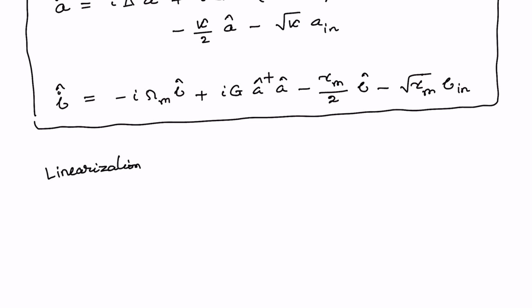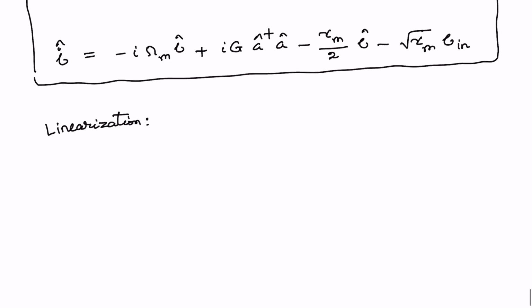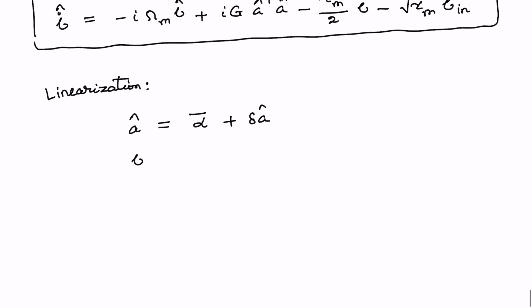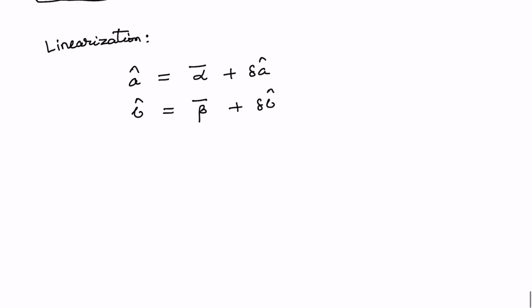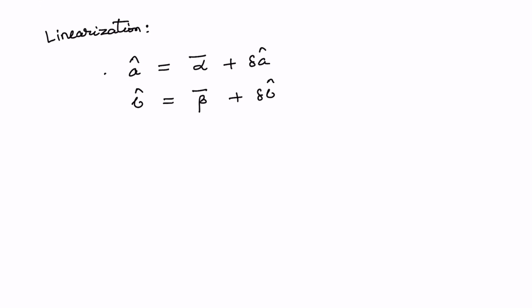So we are going to take A as equal to two parts. One is the classical steady state part, alpha bar is the steady state solution, that's the classical part. Then I have this quantum fluctuation delta A. Similarly for B, I have the classical steady state solution beta bar plus delta B, the quantum fluctuation. Now if I put these A and B in the quantum Langevin equation, for the optical mode I will